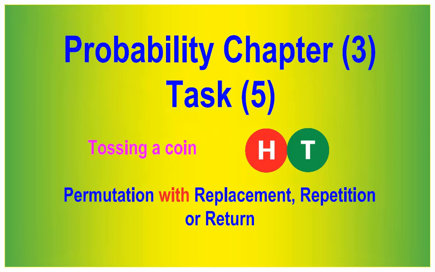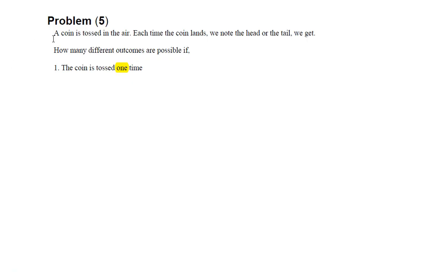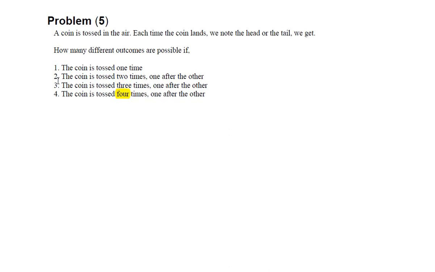Hi everyone, our lesson today is permutation with replacement, repetition or return, and we have a problem to solve here, and it is tossing a coin. A coin is tossed in the air. Each time the coin lands, we note the head or the tail we get. So how many different outcomes are possible if the coin is tossed 1 time, 2 times, 3 times, 4 times,